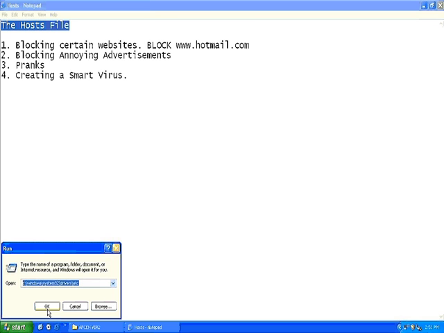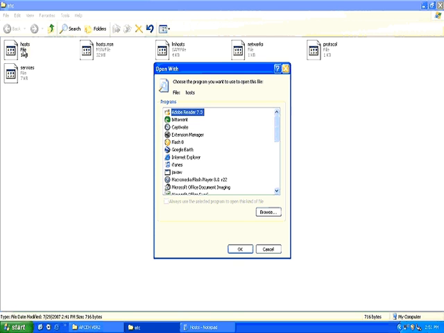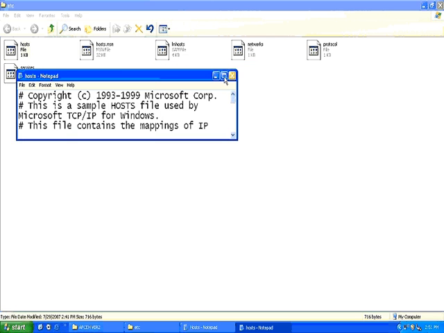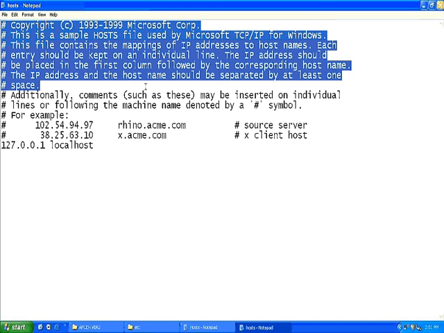The host file is a fabulous file which acts as a local DNS server on your computer. It can be used for a variety of different pranks that we learned today. First of all, in order to access the host file, click on Start, Run and type in the path name depending on your operating system. Since I'm running Windows XP, I open up the host file, select Notepad, and this is what the host file